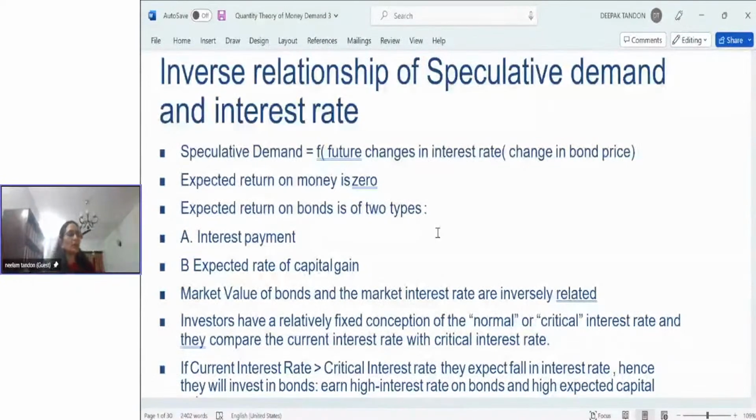What's the takeaway here? What's your learning? Learning is that if the interest rate goes up, bond prices are at a discount. Discount means from 1000 to 800. If the interest rates are going to decrease, say on 3rd of April 2023, if the interest rates would have been 3%,